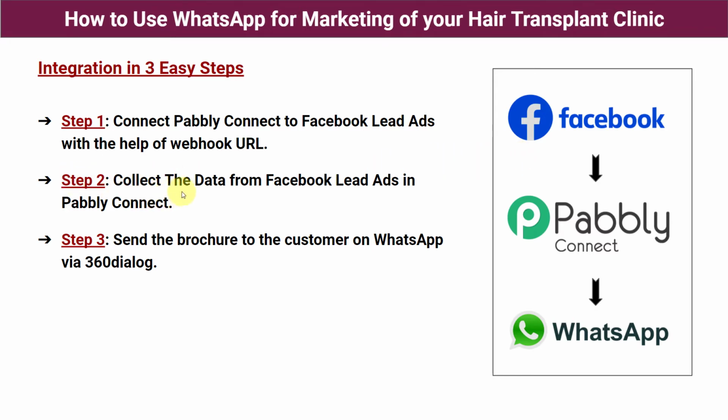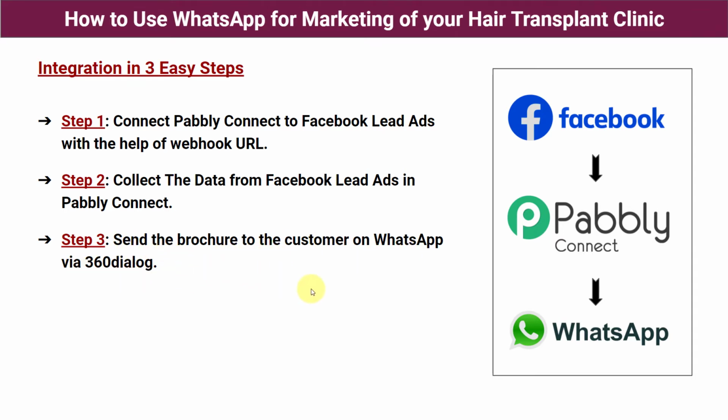Now step number 2 says collect the data from Facebook lead ads in Pabbly Connect account. As I have told you, the customer will reach the advertisement and automatically a form will pop up. Now they will fill up the form and submit it. After successful submission of the form, I want the details of that customer to get transferred into Pabbly Connect. So step number 2 says the same, and step number 3 says send the brochure to the customer on WhatsApp